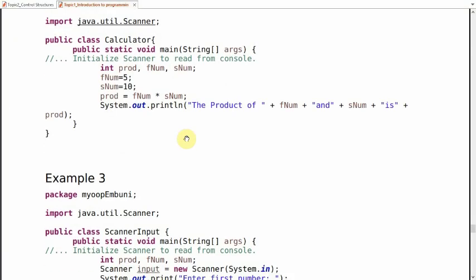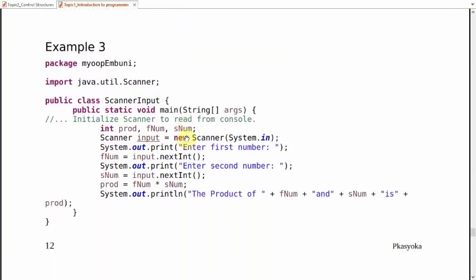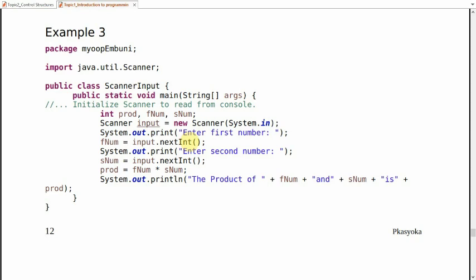But on the second code here, we are trying to improve the code such that we are not initializing, but we are giving the user an opportunity to type the values via keyboard. So it's the same code. We've just changed the name of the class to ScannerInput. Now we go straight to the main method. Everything remains as it is. We declare our variable identifiers prod, fnum, and snum. Now, because we have a scanner,